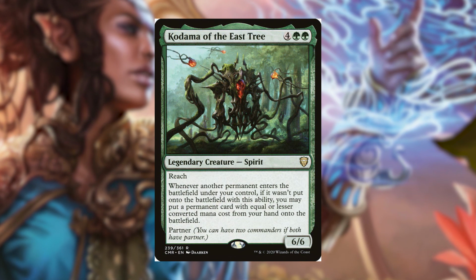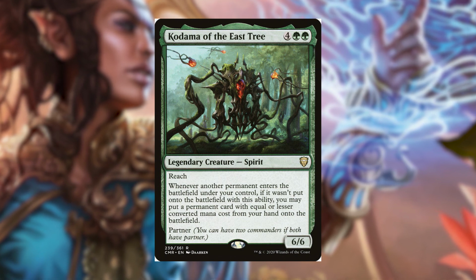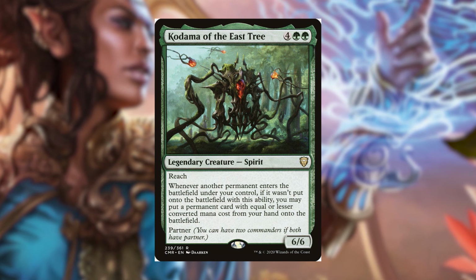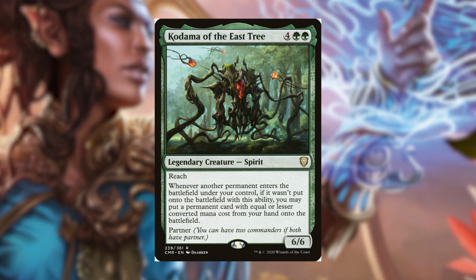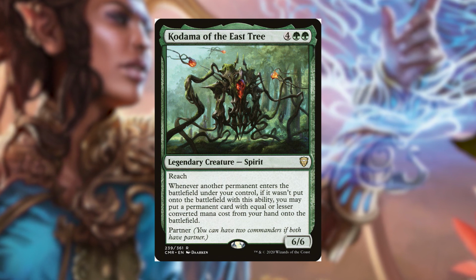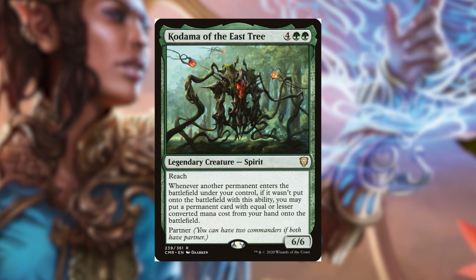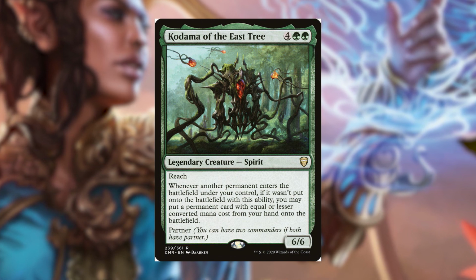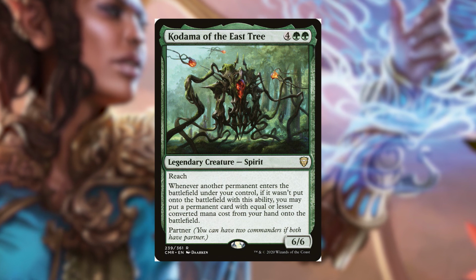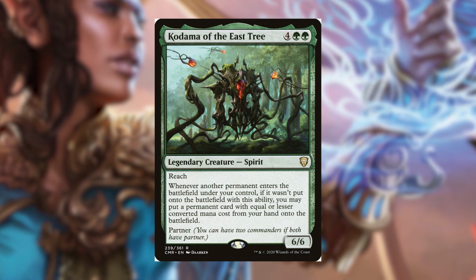Kodama of the East Tree. This is a card I really have to recommend. When another permanent enters the battlefield under your control, if it wasn't put onto the battlefield with this ability, you may put a permanent with equal or lesser converted mana cost from your hand onto the battlefield. So when we Cascade, if it's a permanent, we're going to put it onto the battlefield. We can then look at our hand and say, okay, is there a permanent with equal or lesser CMC that I want to put onto the battlefield? This can be a land. So all those lands that we have in our hand, we're just dropping them on the battlefield. That's more mana we have to cast huge spells, or we just get value from different permanents we have in